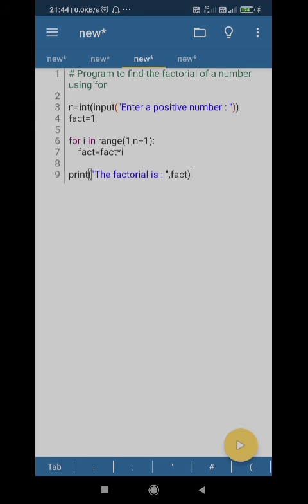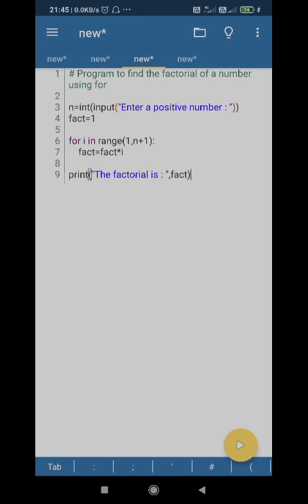Okay, so we need numbers up to n, factorial of n, right? So I will start from 1, then it will take 2, then 3, then 4, and if we have given 5, we have to mark it as 5 plus 1, 6, then only it will go up to 5. The range function is always like that. So I will take the value from 1 to 5 if it is mentioned in the range as range of 1 comma 5 plus 1, then only it will go up to 5.